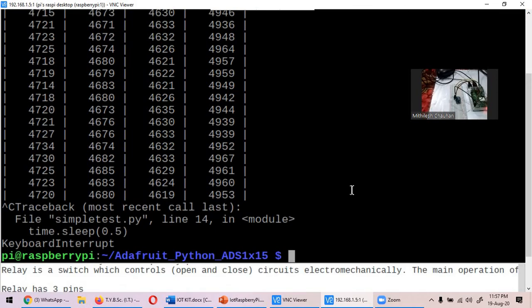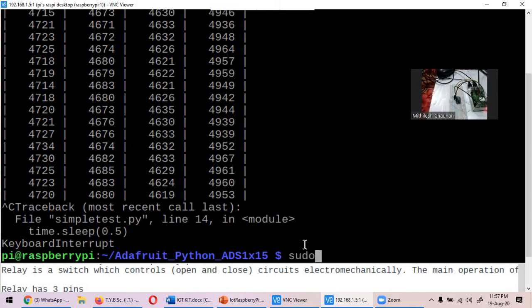This module uses the I2C interface. Different types of protocols are there to communicate with different types of components, so it is using the protocol called I2C. Many times, by default, this port or interface is disabled. If my port is disabled and I'm trying to read the value from the module, it is going to read nothing, or I will get an input and output error. So I have to enable that I2C value. To enable that, I have to type some command.